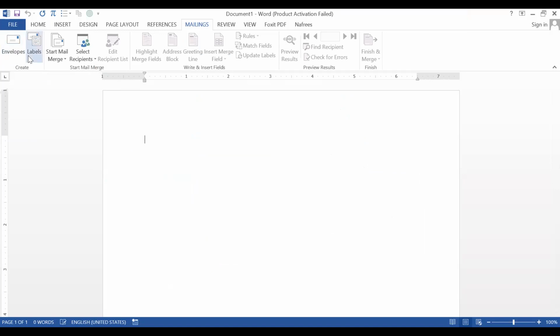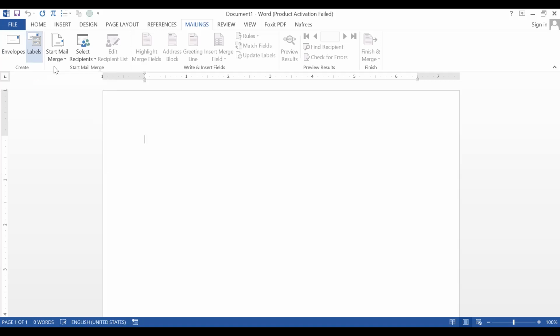If you want to make it as a label, label means just like we use some stickers to put in our book to write our name, our class, those kinds of things. To write those things, we use some stickers, isn't it? So those kinds of stuff we call label.